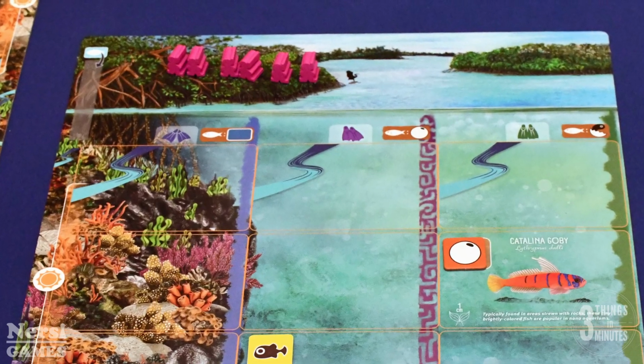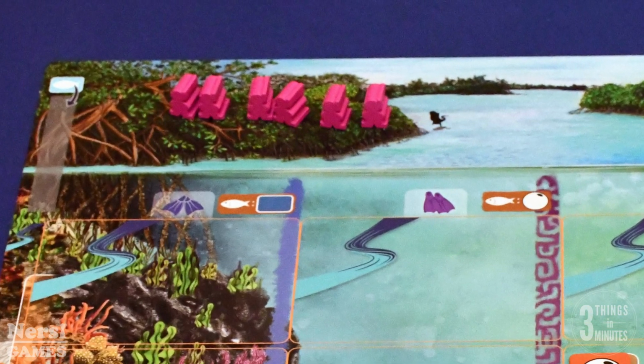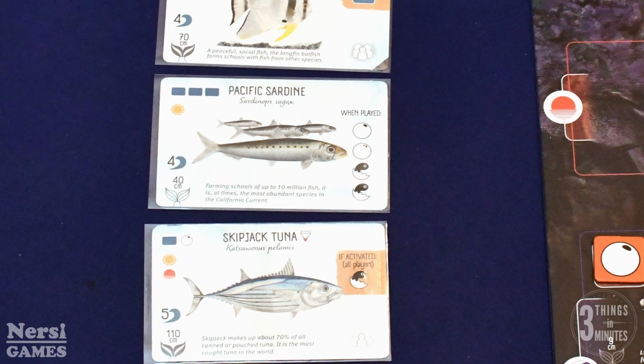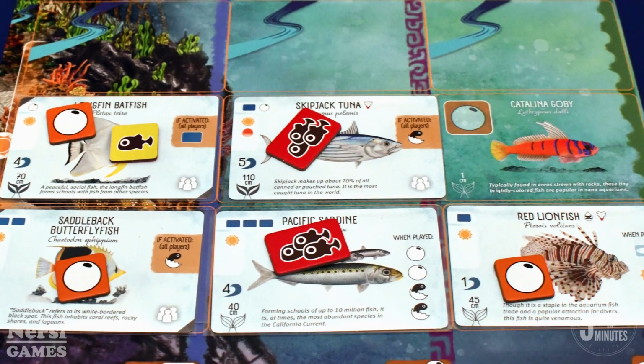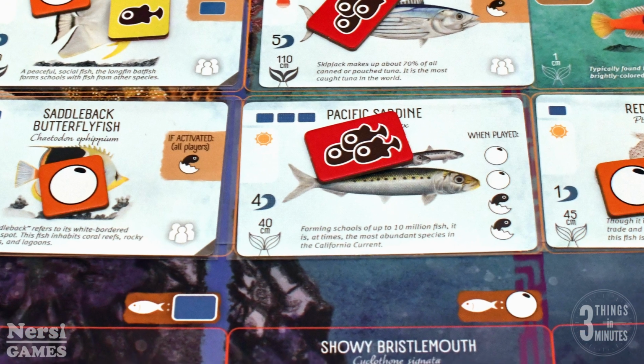Now each round, or week, players will take turns placing one of their divers on their ocean board to take one of 2 actions. They may play fish cards from their hand, paying the costs of other cards, eggs, or other fish, and then placing them on their ocean mat, often restricted by the depth or dive site shown on the card. Alternatively, players may dive, moving their divers down one dive site, activating abilities and fish along the way,